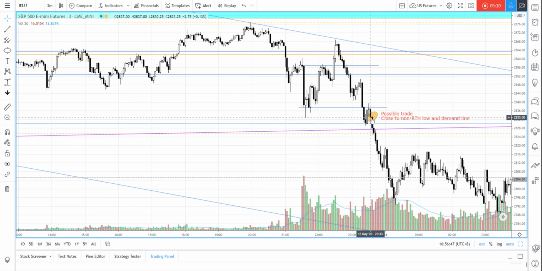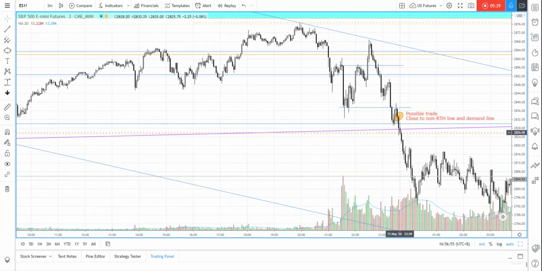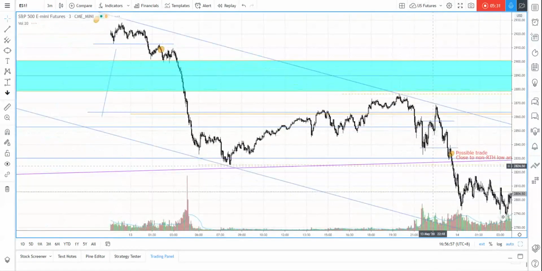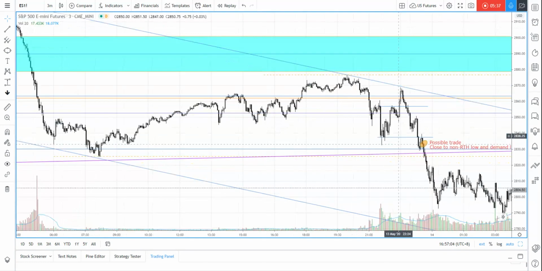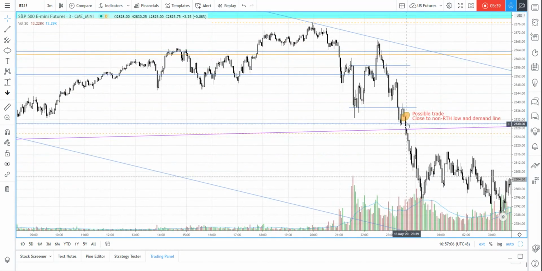So I think this is a potential trade, but I just did not take it because it is very close to this demand line. As you can see in this purple color, this is a demand line from the up channel, and also the support level at 2830. So I think this is pretty close, so I just give it a miss. But aggressive traders can just take it, expecting